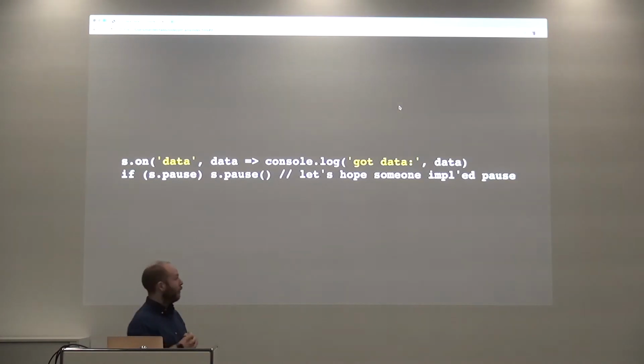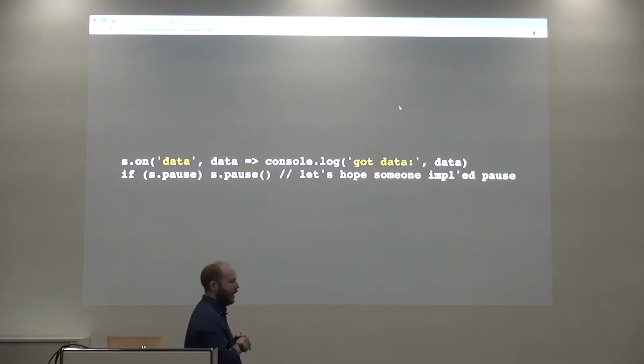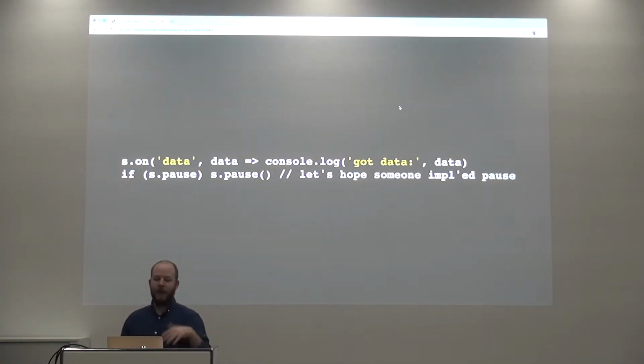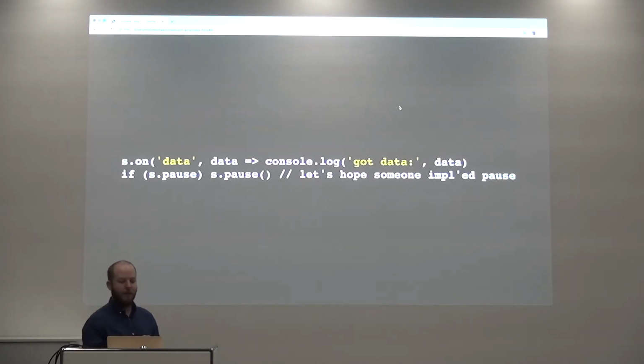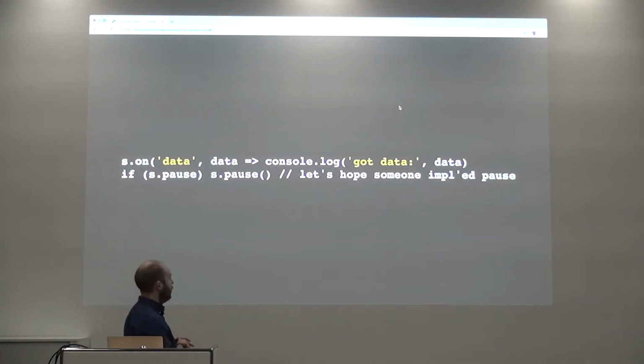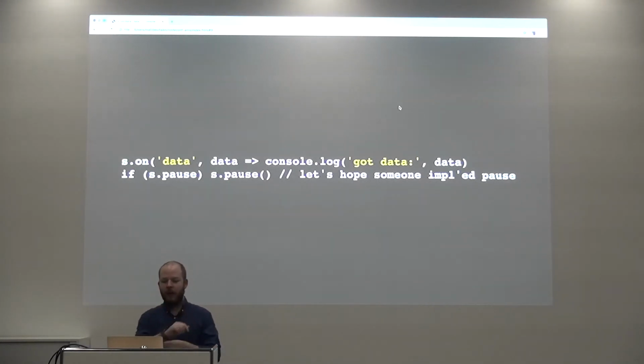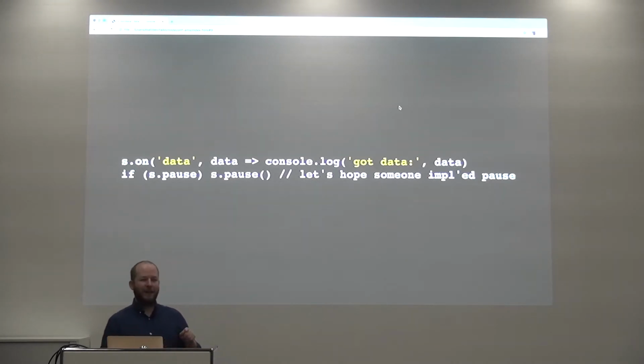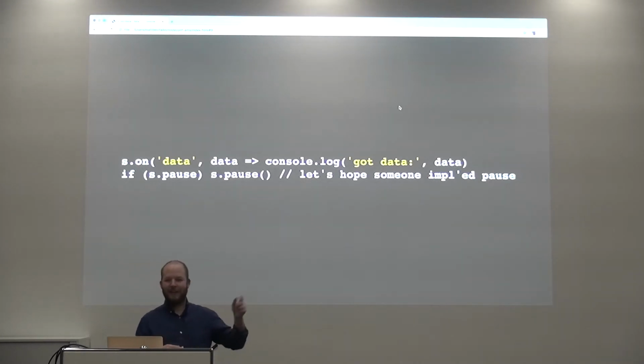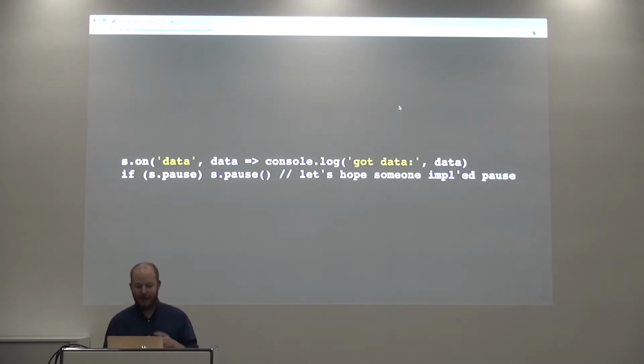So basically you had a lot of code that looked like this, where you were given a stream and you had to do something with it. To read it, you would attach a data listener and get it out, and if you wanted to pause it, you would call pause and hope somebody implemented it, and if they didn't, you would run out of memory and your thing would explode. I had a lot of old code on GitHub where every method is "if that method, then do it", and then hope it does the right thing. It was a fun time.